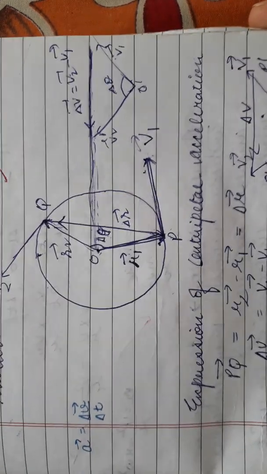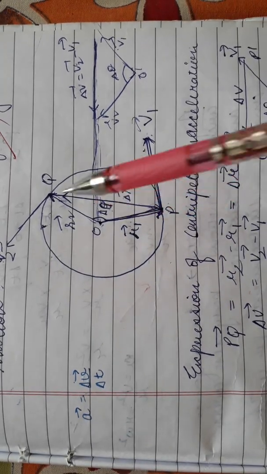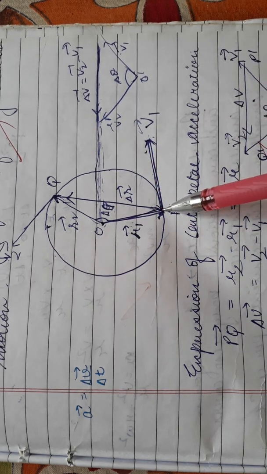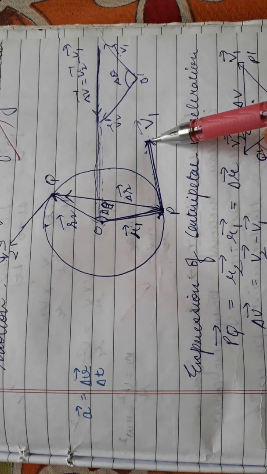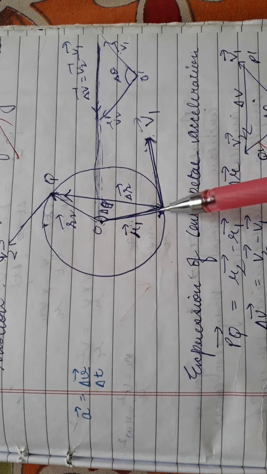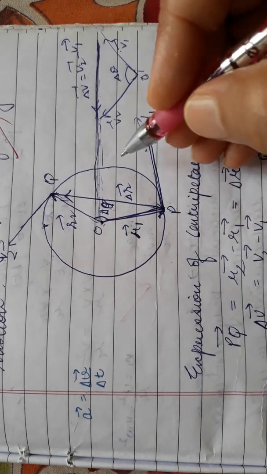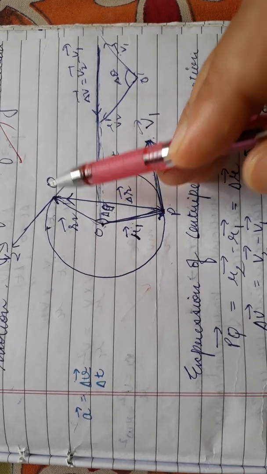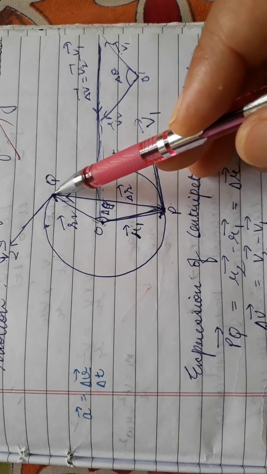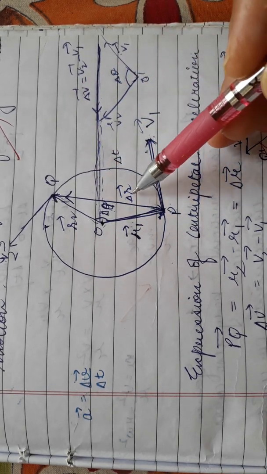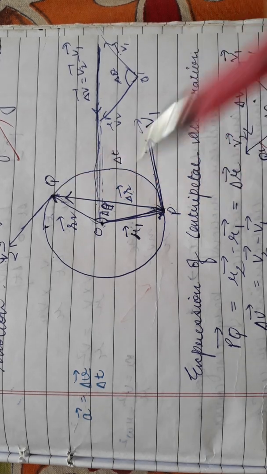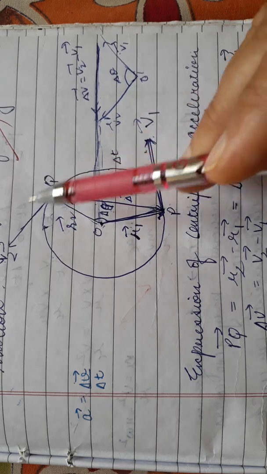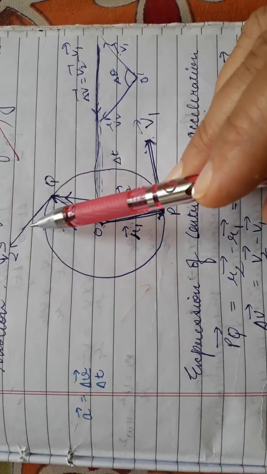Now I will explain the analysis of this type of motion. Suppose this is a circle, and a body is moving in this circle. We consider a point P where velocity is v1 along the tangent. The position vector of this point is r1, and after time delta t the particle goes to Q. So position vector changes from r1 to r2, and the displacement vector delta r can be written as r2 minus r1, final minus initial. During this time velocity changes from v1 to v2, which is still along the tangent.